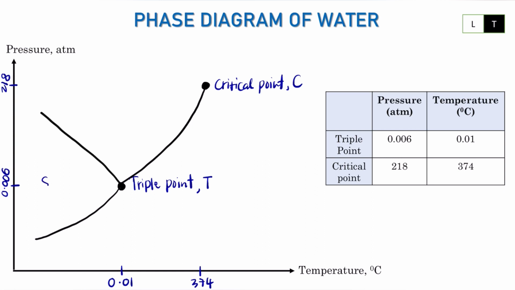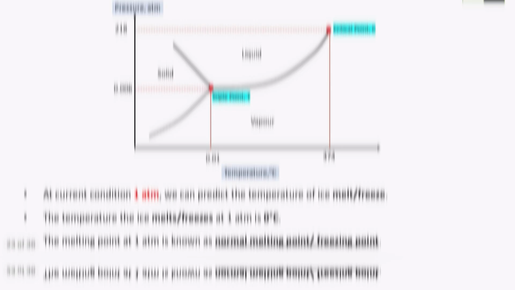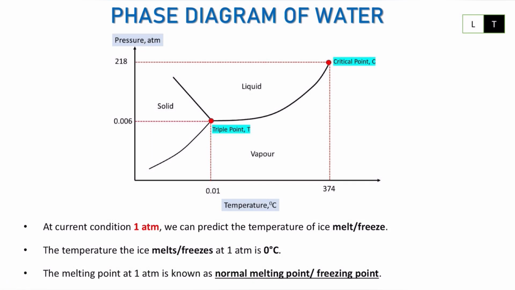Jangan lupa label solid. This is liquid and this is gas. So saya sudah settle dengan phase diagram of water. So let's discuss with the phase diagram of water. As you see here, this is my phase diagram of water with special thing about the melting line going to